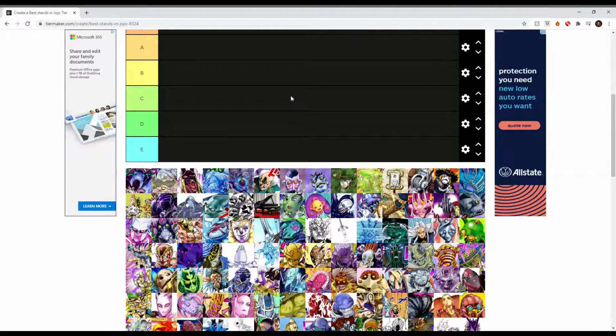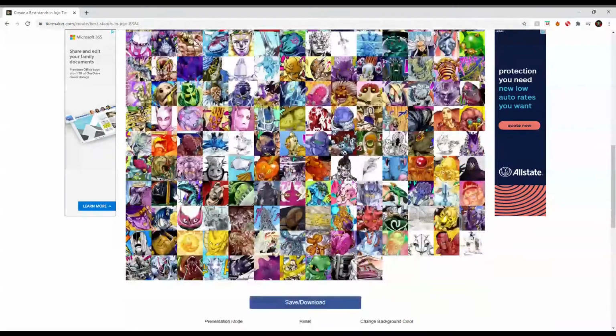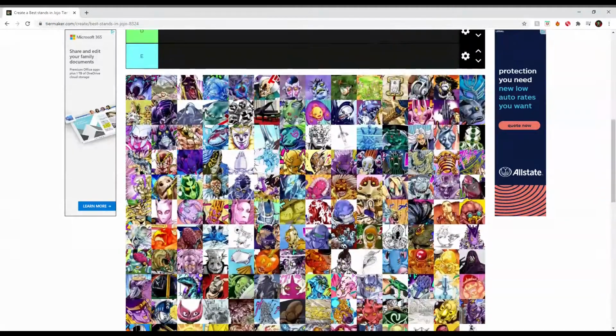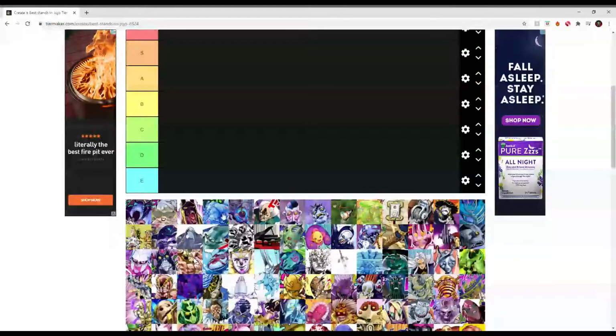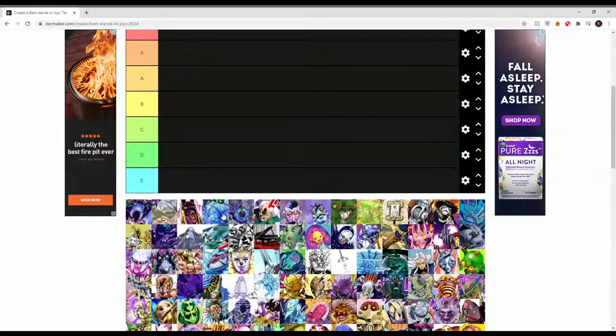Fair warning, I have not read part 7 or 8, and I'm going to exclude part 6 because it's not animated yet. And I don't want people to get spoilers or anything. So I'm just keeping this for the anime onlys. If you want to see a part 6 tier list, let me know, I'll do that. But I'm just going to be doing parts 1 through 5 right now. So yeah, the first stand we're going to start out with right here is, I believe,